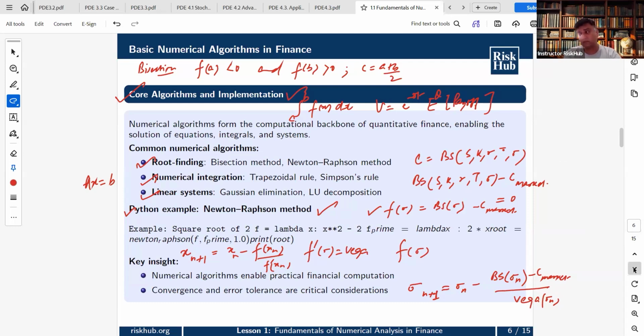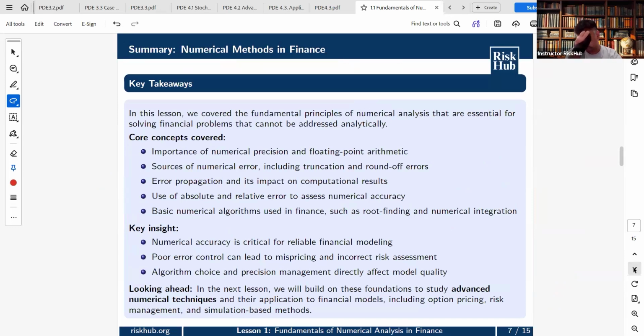Then we get into your summary of the numerical methods in finance. The slide basically summarizes what we have studied till now, or the key takeaways. The key points are: numerical precision matters, errors come from truncation and round-off. Errors can propagate. Absolute and relative errors measure accuracy. Numerical algorithms are essential in your